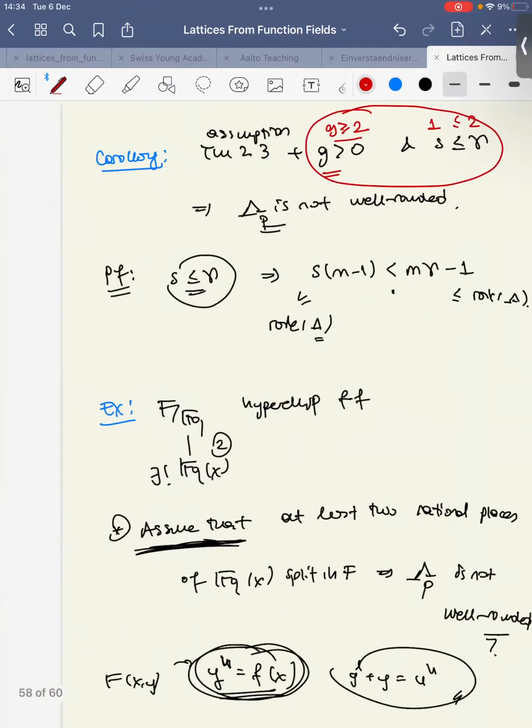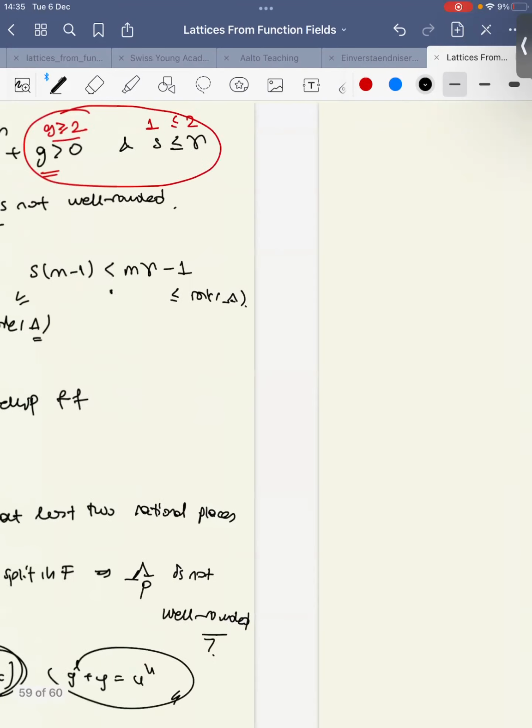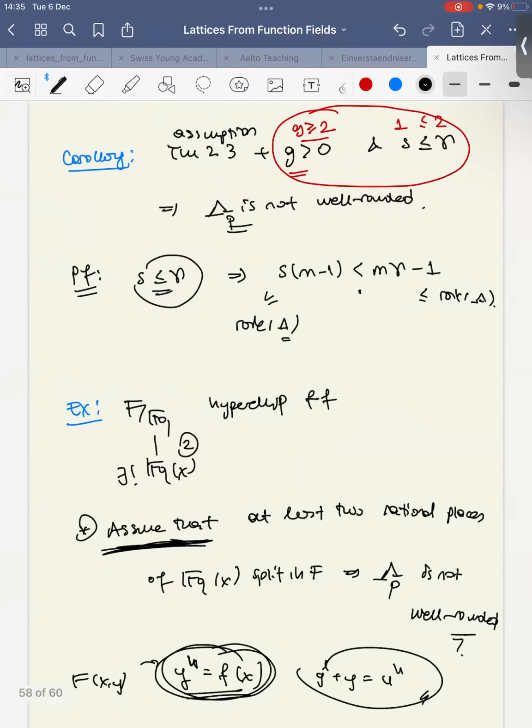So it might be nice to analyze the lattice structures from other function fields, to see which of them are well-rounded or not, or whether we can provide further information on their parameters. But in this lecture, this is all I want to say,